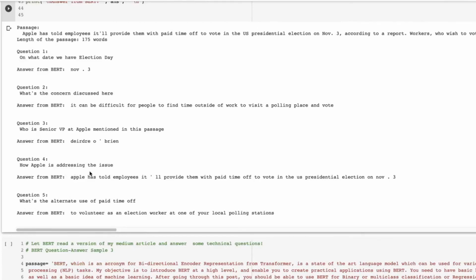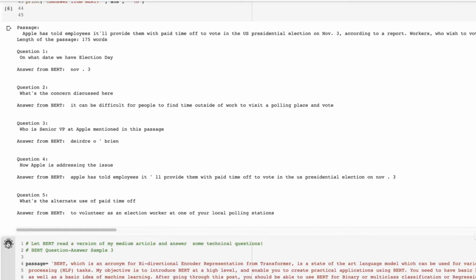How is Apple addressing the issue? Apple has told employees it will provide them with paid time off to vote in the presidential election on November 3rd. So it got the full sentence which is addressing this question. Okay, and similarly, it answers the fifth question as well. Okay, so let me go to the